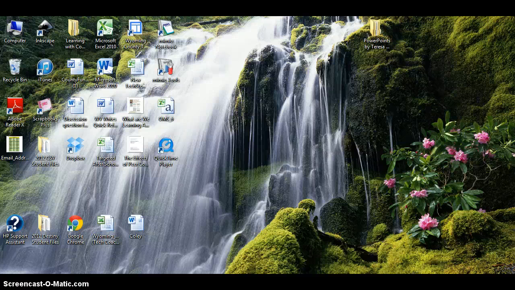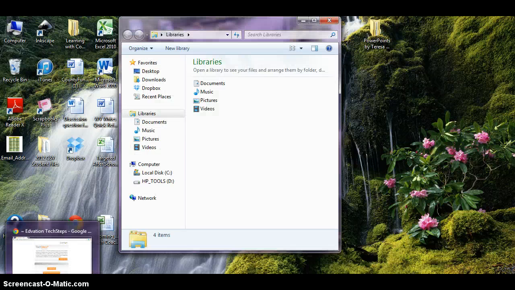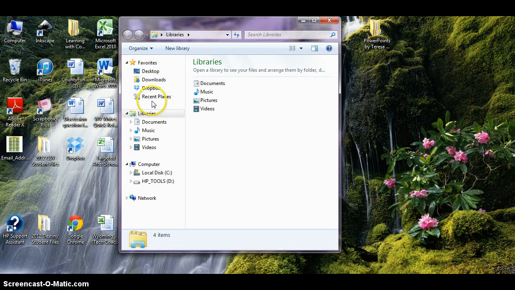This is Animate a Change Process, 8th grade TechSteps project. Anytime you do a project, you need a place to keep your files. So in the bottom left hand corner, put your mouse on the Start button and right click. Click on Explore or Open Windows Explorer, and down the left side you'll see everything that's connected or hooked to